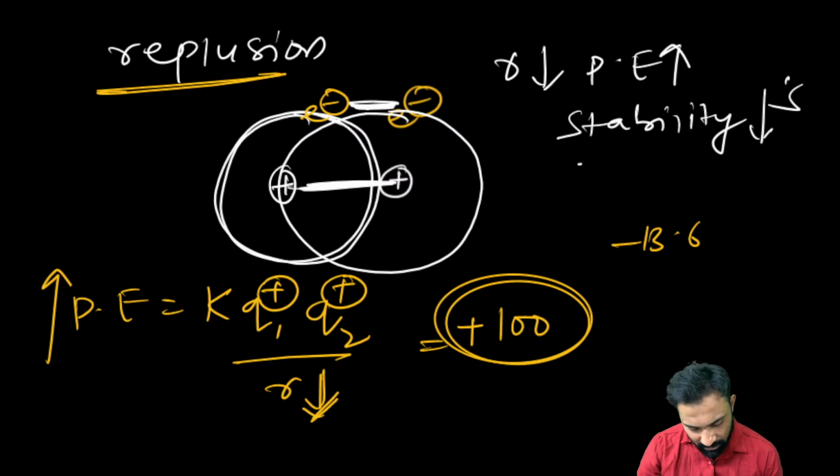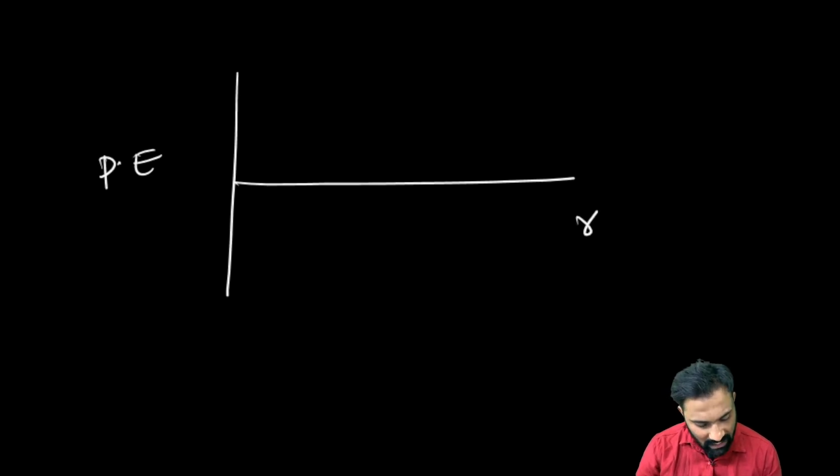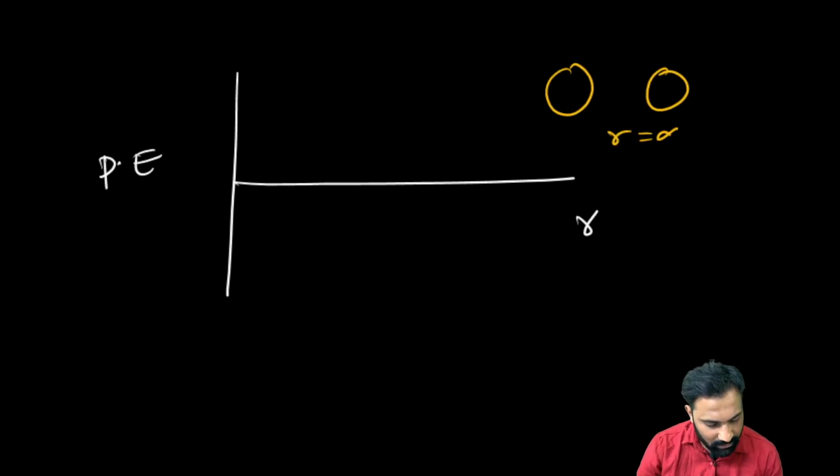Now this is only based on the graph they have given. How is it based on the graph they have given? This is potential energy and this is R, radius. When the two hydrogen atoms are at infinite distance, there is no potential energy. Now you can see the straight line, right? As I was decreasing the radius,